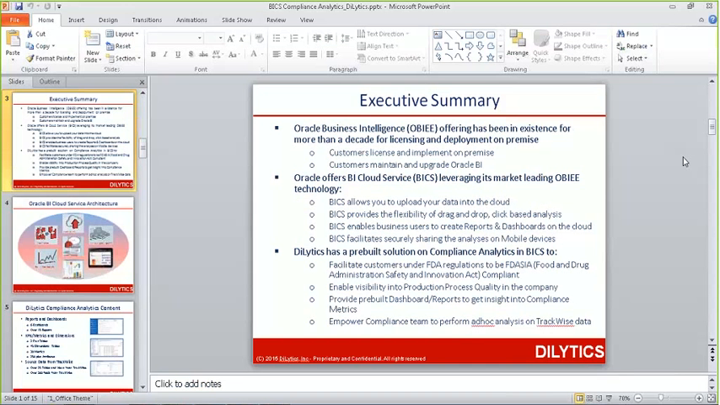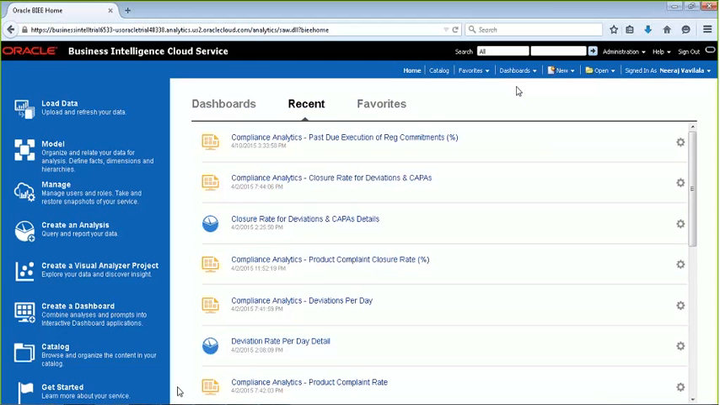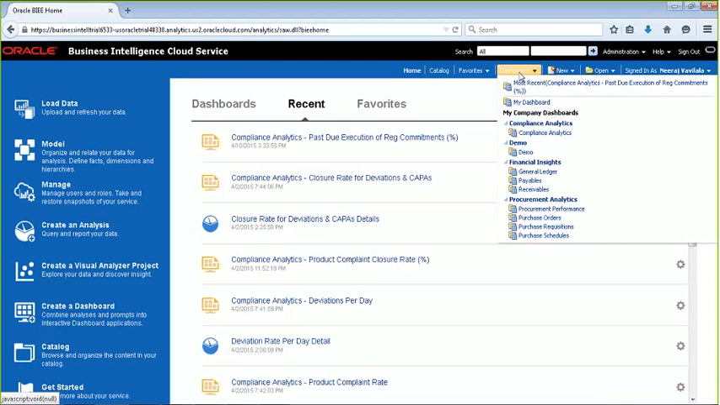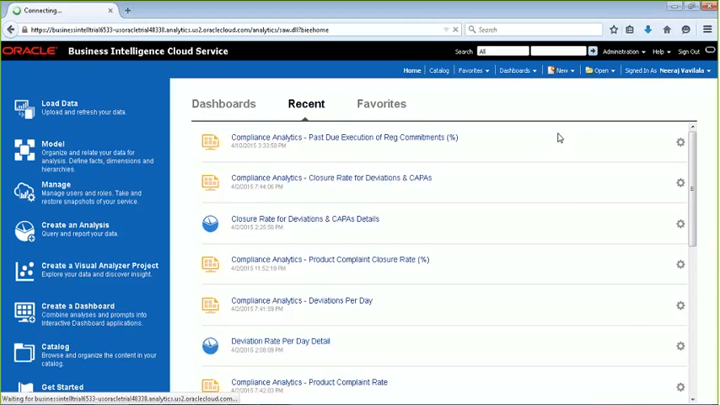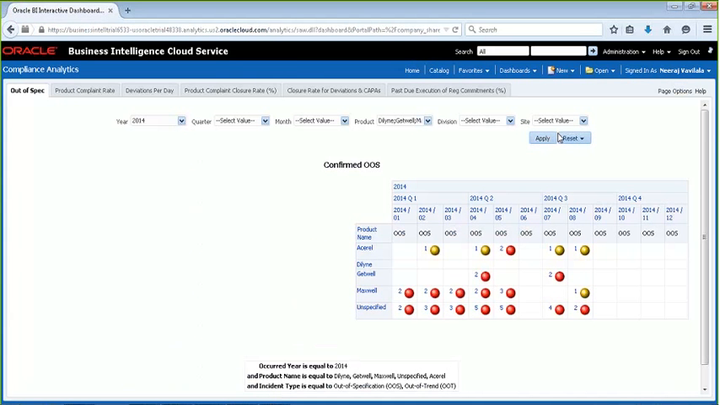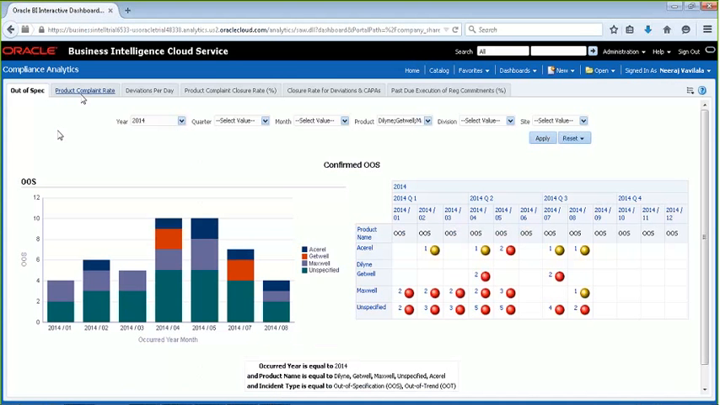So I'm going to jump into a live demo to show you the compliance analytics dashboard product. I'm accessing the dashboard link here and seeing compliance analytics as one of the dashboards. I'm going to click on that, and it takes us to a dashboard with many different tabs. The first one is out of specification. It tells us for each of the products in our company how many out of specification incidents were reported for